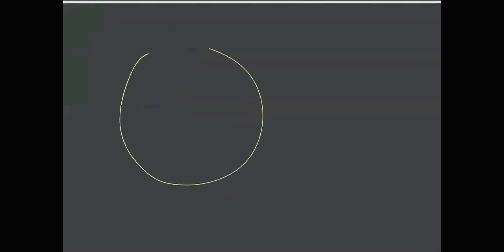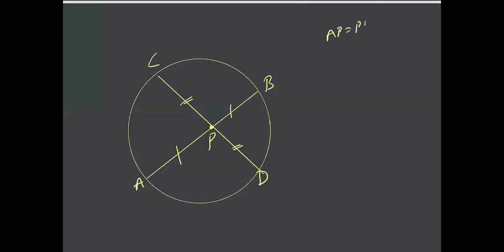So say there is a circle. Okay. Say there are two chords. Fine. So say this is called AB and this is called CD. Okay. Let us say this intersect at point P. Fine. Now I don't know whether this point P is the center of the circle or not. I don't know anything about that. But I know that these two intersect at point P and these chords bisect each other, right? So AP is equals to PB and CP is equals to PD. This is given to me.